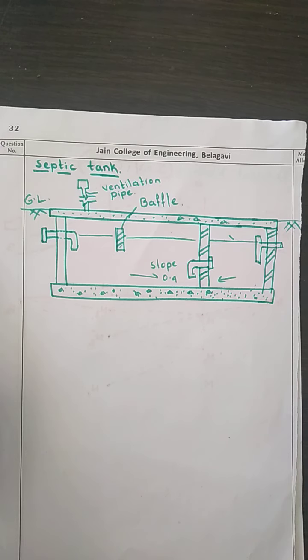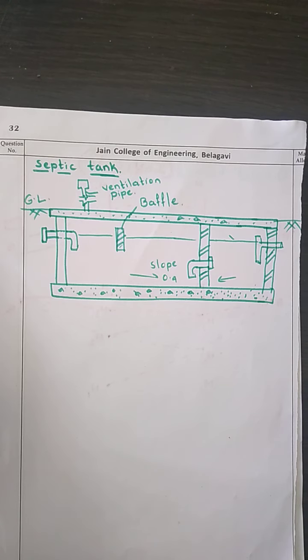Now we will see regarding the construction part of the septic tank. As you know, septic tanks are normally constructed in an underground area. The tank is going to be constructed either with brick masonry or stone masonry, or even concrete. As this septic tank has to maintain an anaerobic condition, it has to be completely closed and completely watertight, so that the anaerobic condition is there inside. Anaerobic is nothing but digestion taking place in the absence of oxygen.